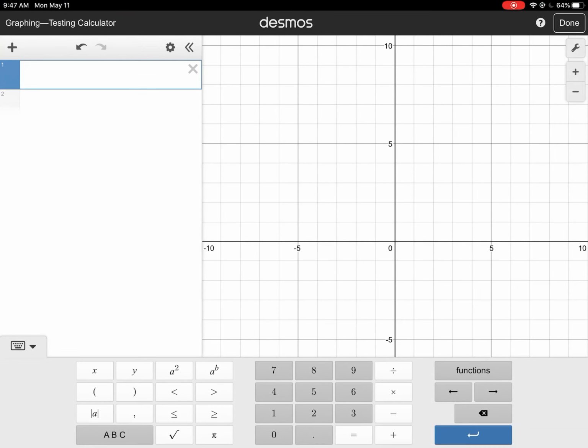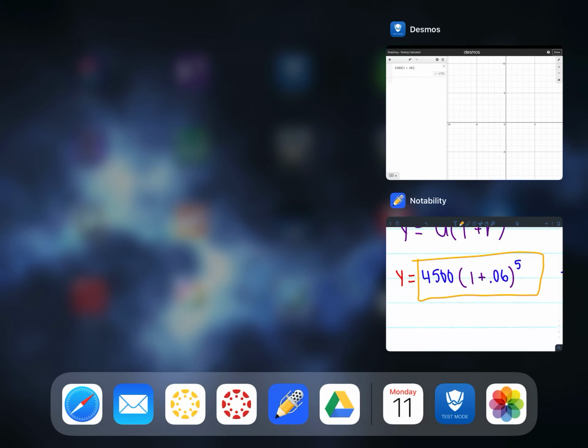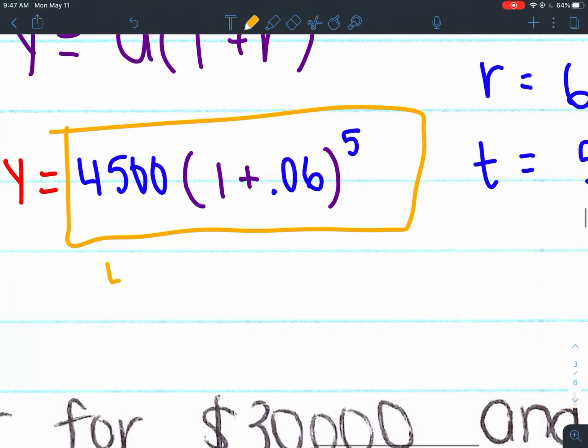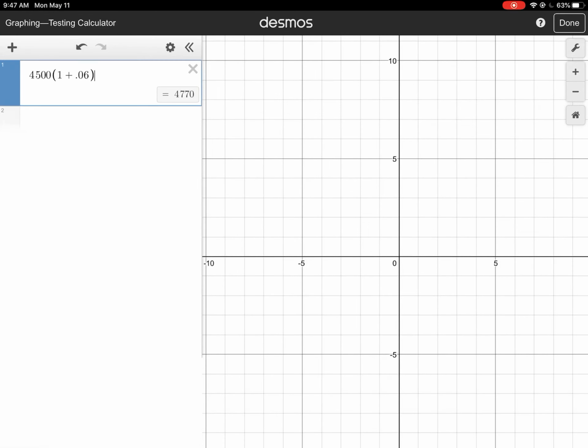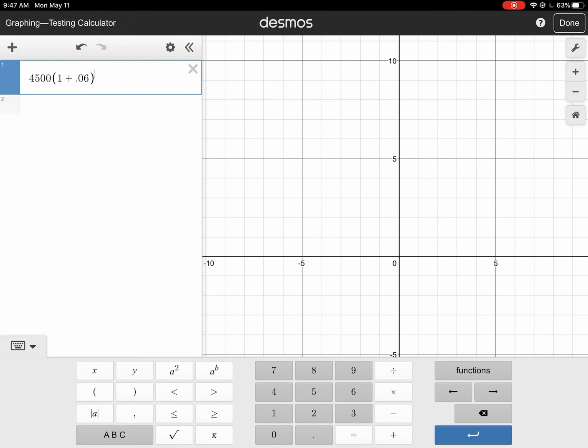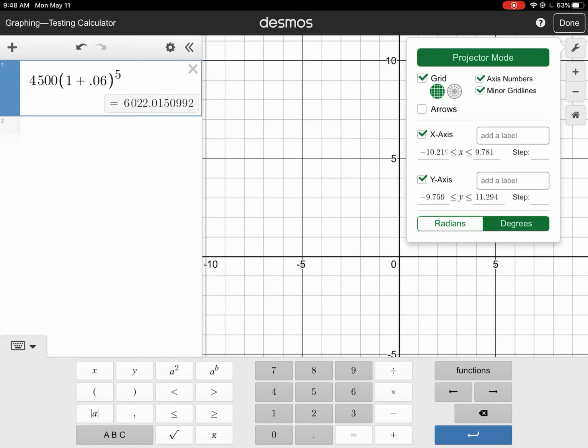So I'm going to go ahead and write 4,500(1 + 0.06). Now you're like, well, why don't I just simplify the 1.06? You can. So if you wanted to, you could do 1 plus 0.06, which is 1.06 to the power of 5. So you can simplify if you want to. Again, you don't have to. Okay, and this is going to be to the power of, now I'm pressing the power button right here, it's a to the power of b, and it'll be to the power of 5. And I get